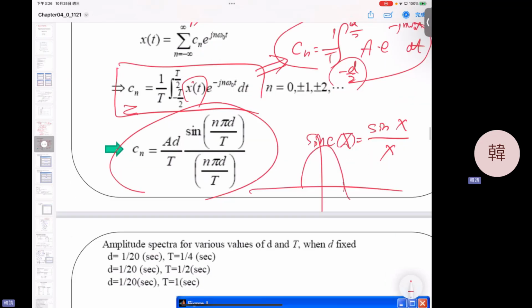So it's like a sinusoid, but when this is higher in the frequency domain, the amplitude becomes smaller until it reaches 0. So the sinc function in the frequency domain, omega, is just like this shape. Okay, sinc function. So I want to let you know your transformation from this one